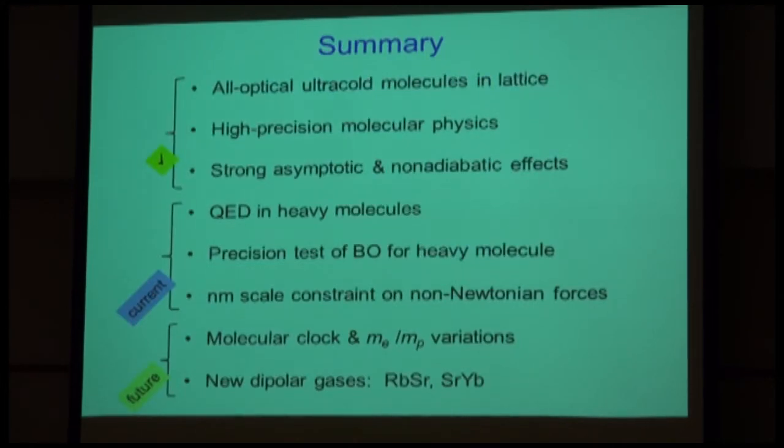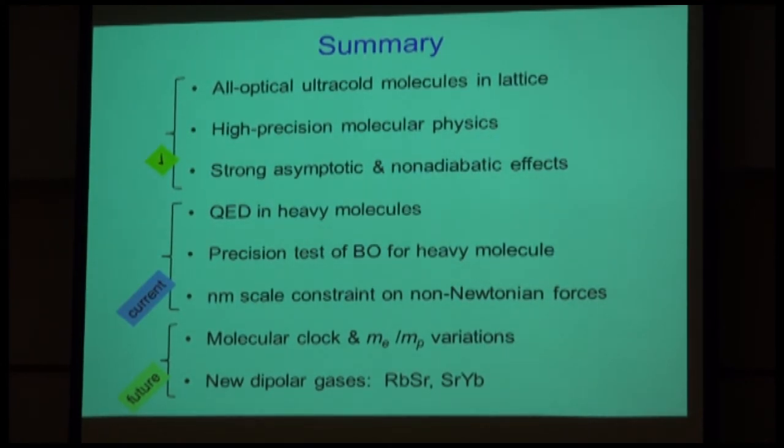Okay, so just to summarize again what I discussed. We have used all-optical techniques to make ultra-cold strontium dimers in an optical lattice. And then we did some high-resolution precision measurements on the weakly bound molecules near the singlet S triplet P atomic threshold. We observed some unusual, unexpected asymptotic and non-adiabatic effects through the Zeeman shifts, particularly quadratic and linear. And we observed some forbidden transitions that should have been even more forbidden, but they're not because of this